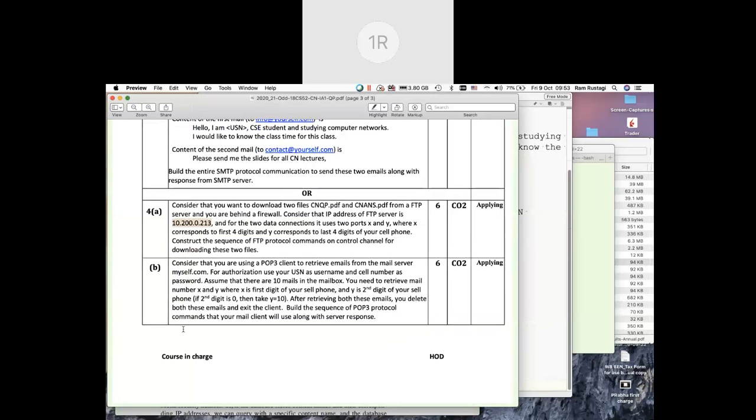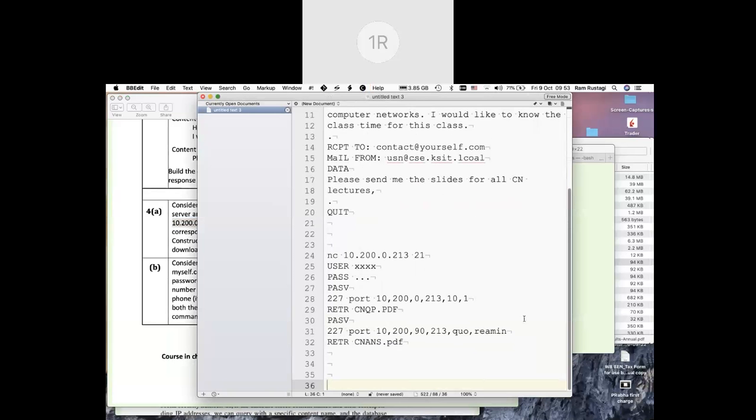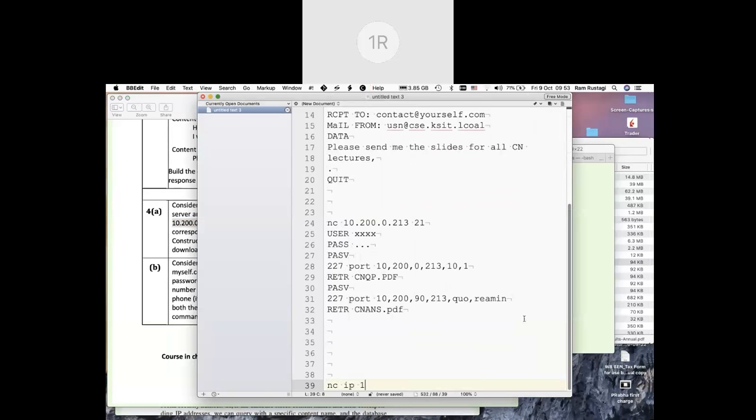Using a POP3 client, the server always gives a response either plus OK or minus ERR. So first you connect on IP address, port number 110.